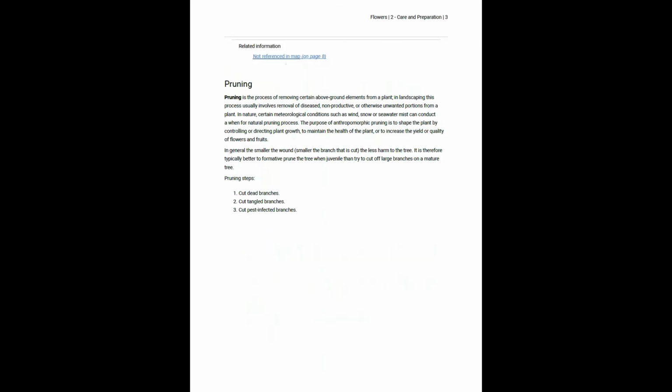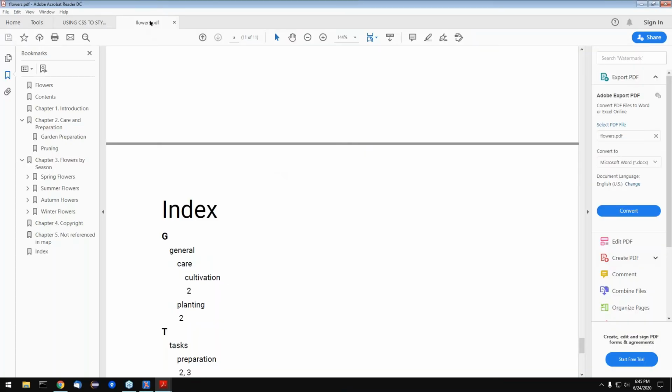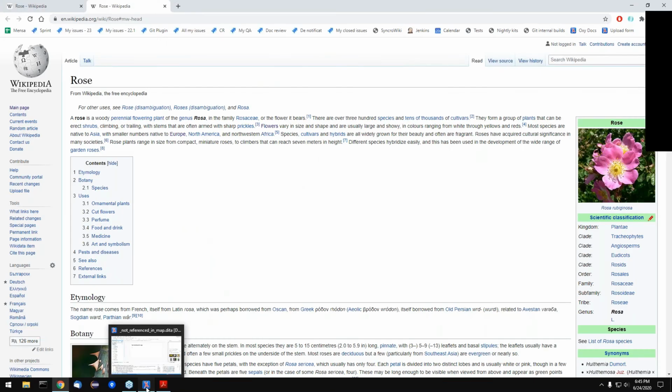Okay, so the first one that finished is the PDF. Of course, we don't have a lot of content in our PDF, but you can see that we have the images here, and so on, and we have an index generated, and this is how the PDF looks. And I'm going to close this, and hopefully,